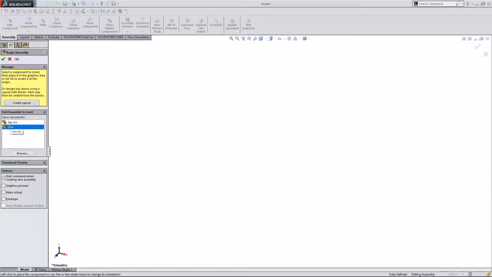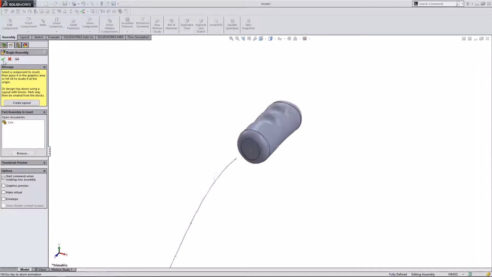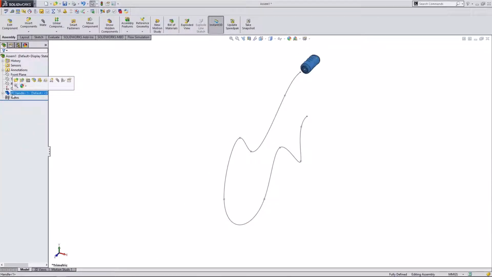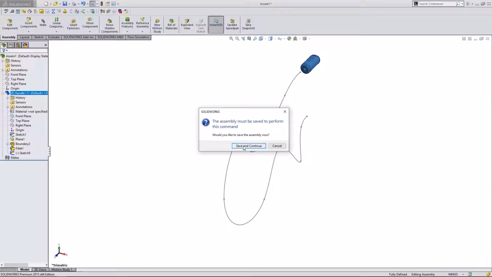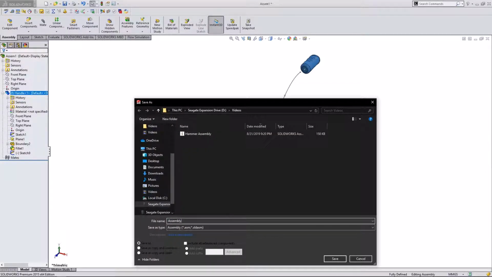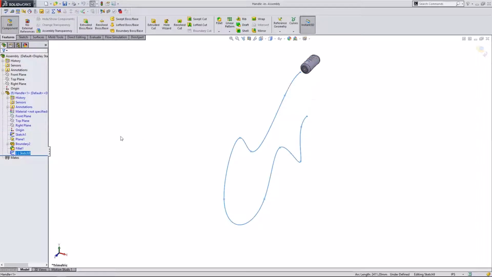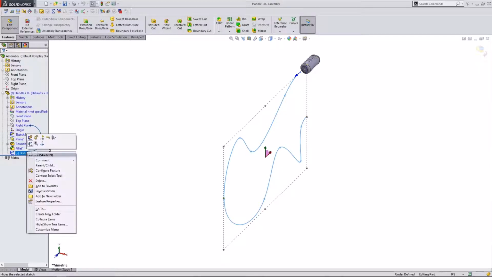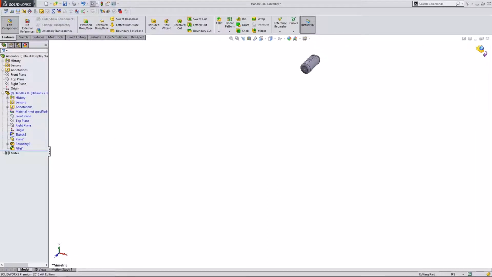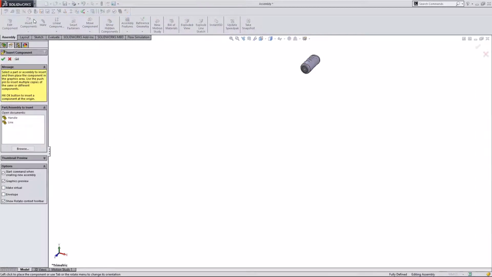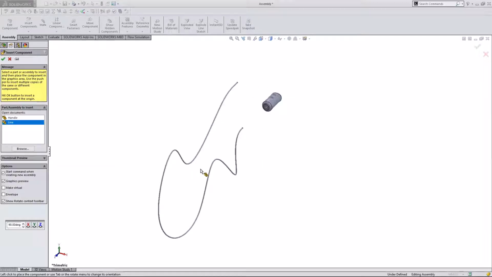So the first thing that we're going to bring in this assembly is the handle. Highlight handle and just hit OK. That's going to automatically place my handle on the origin. Now I can actually right click and edit the part while I'm in the assembly if I really want to. And I can just click on this line and get rid of it, since we were really just using it for reference. And if we go back, I can come up and insert another component, and this next component is going to be the line. So I'm going to drag that in,